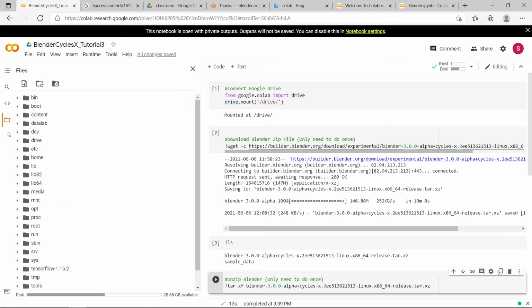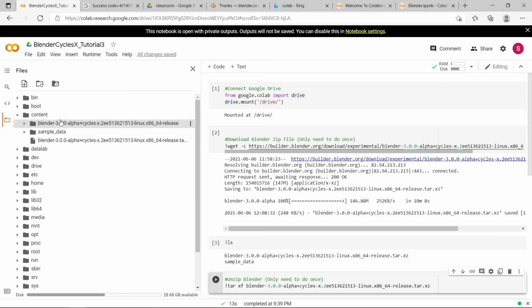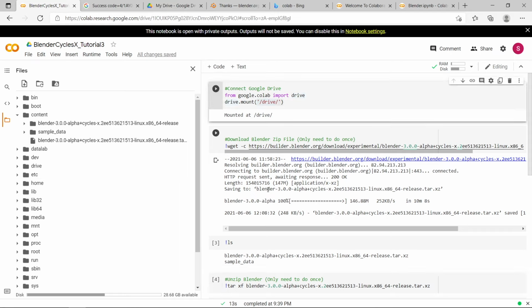So currently our working directory is in the content folder. So you can see the tar file that we downloaded and the unzipped directory for Blender here. I'm going to try and do this with as few coding steps as possible. So the easiest way to copy Blender version 3 onto your Google Drive, so you don't have to re-download it